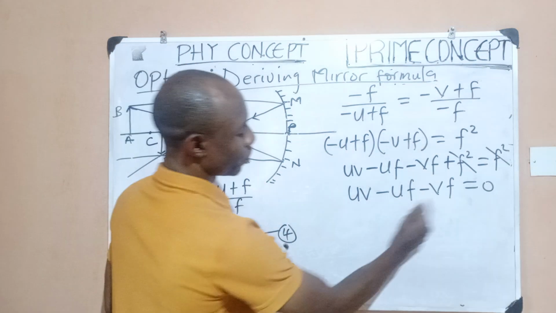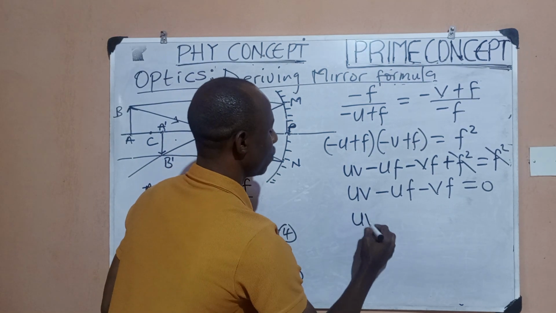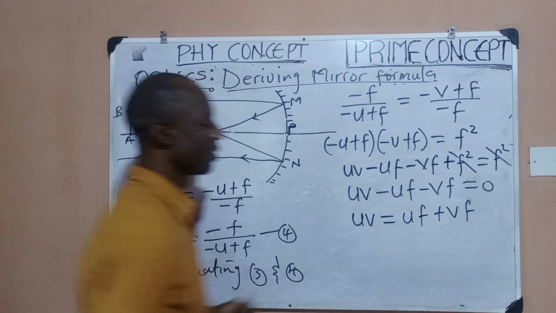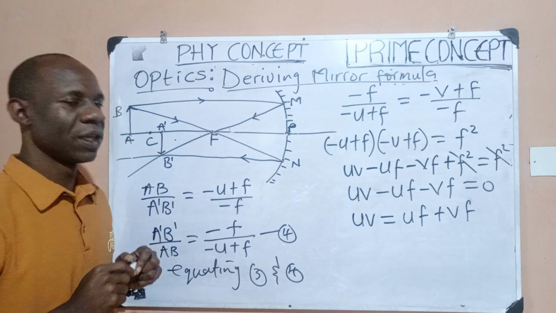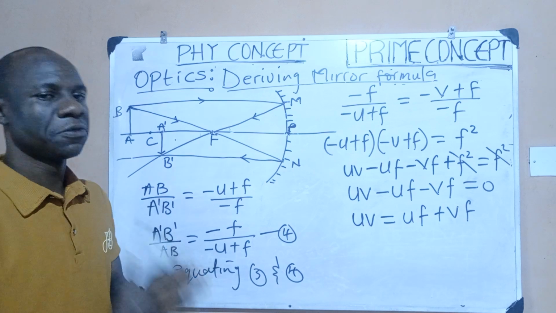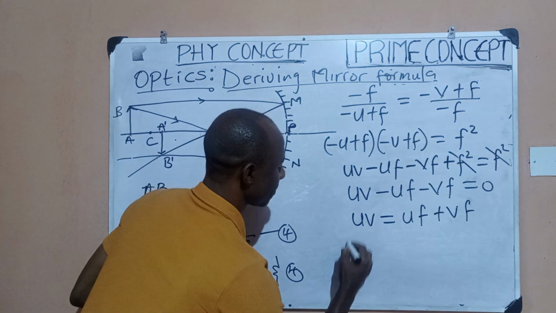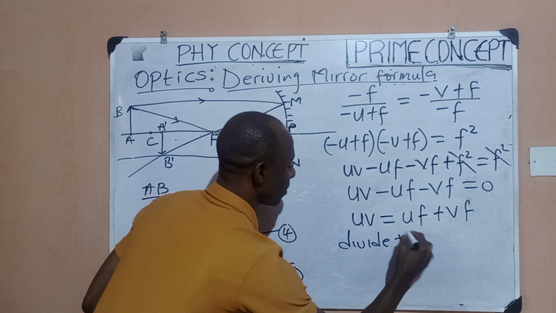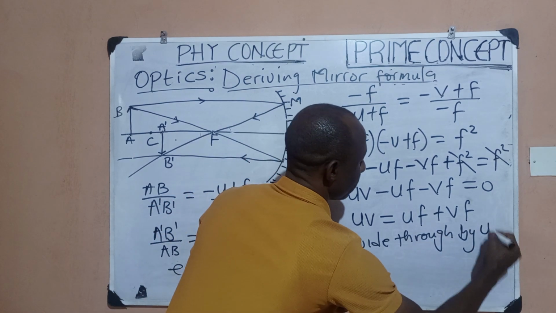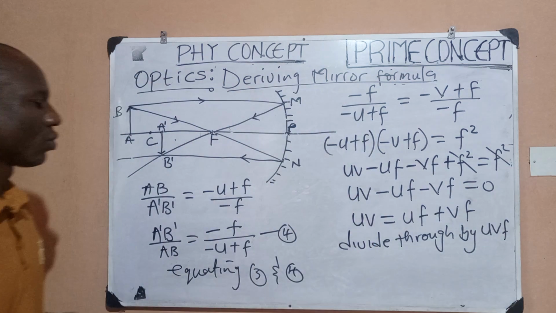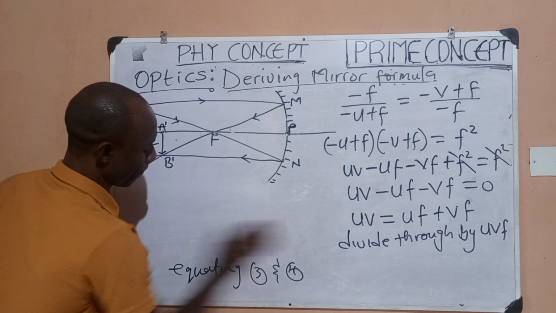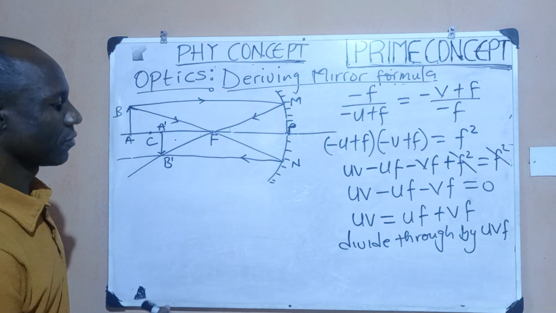Now, if I push these two to the other side, I would have UV equals what now? UF plus VF, right? Now what I'm going to do from here, simply, I'm going to divide through this equation by UVF. So I would write divide through by UVF. I'll divide through by UVF. So if I do that, I would have